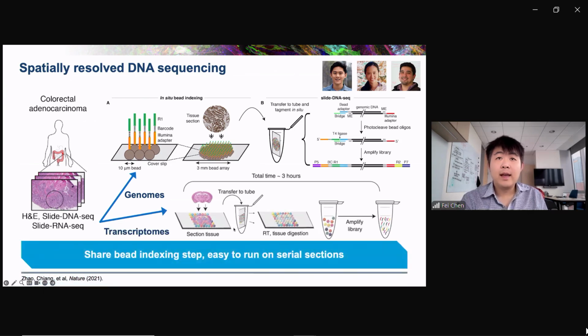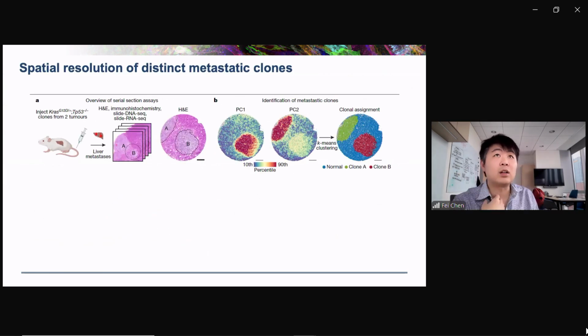And we developed this to get a sense of how the cell-intrinsic state is influenced by its environment, if the cell-intrinsic state is something defined by the genome of a cell in cancer. And just to validate the technology, we first ran it on some metastatic clones that were injected into mice. They were cell lines that you could inject, and they would form liver metastases. And so here you can see a piece of liver, and here's an H&E of these two tumors, and they're actually seeded from individual cells. So they have different clonal origins.